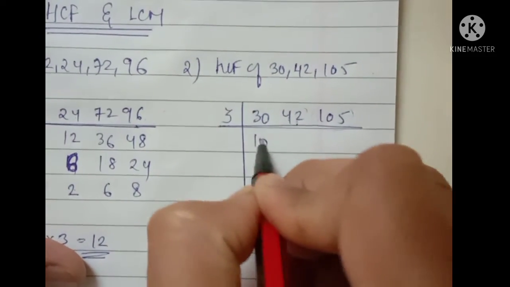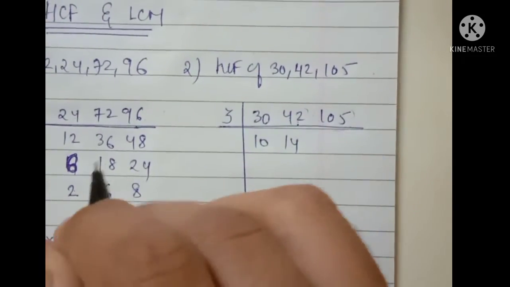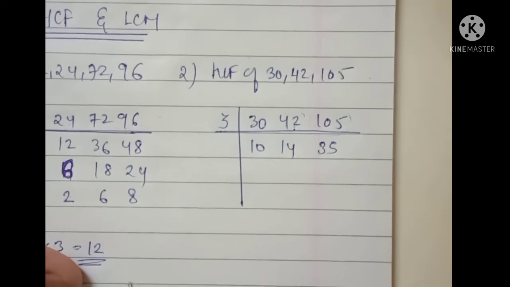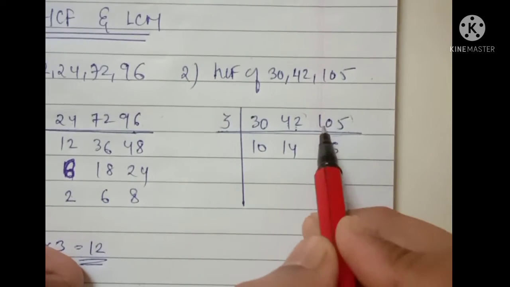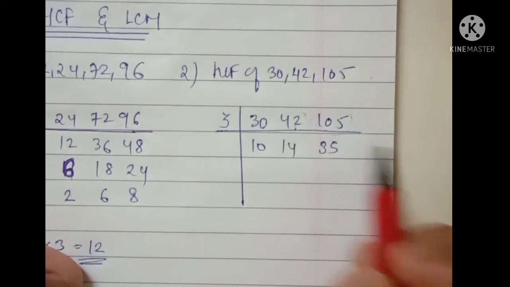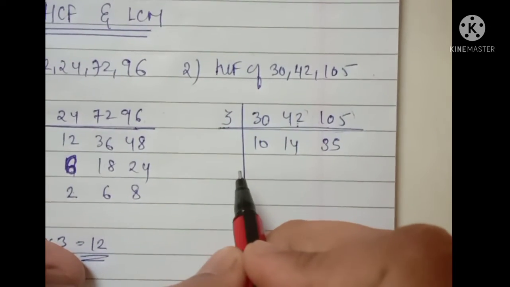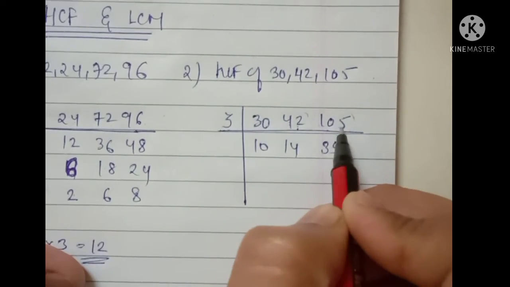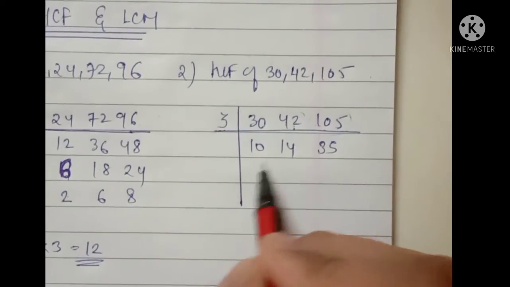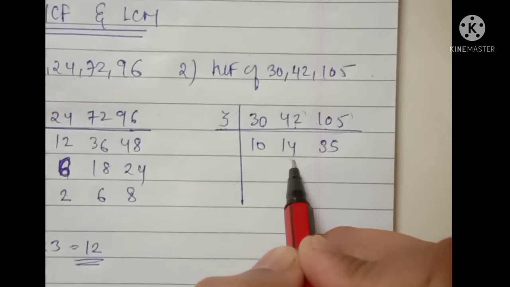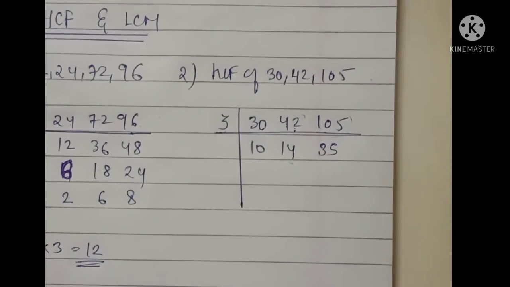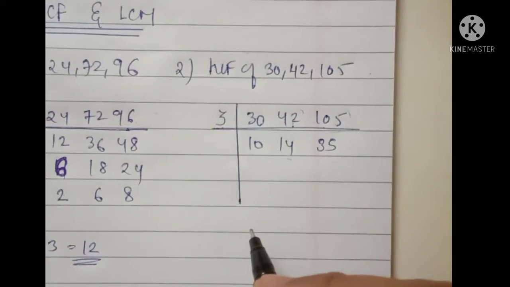So 3 tens are, 3 ones are, 3 fours are, and 3 threes are 9, 3 fives are. Clear? Again check. 3 threes are 9, 5s are, 3 ones are, 3 fours are. Clear? Then what you need to do, then you see it divides all, right? So that's why I select it here. Now again you need to choose that number that will divide all the numbers.